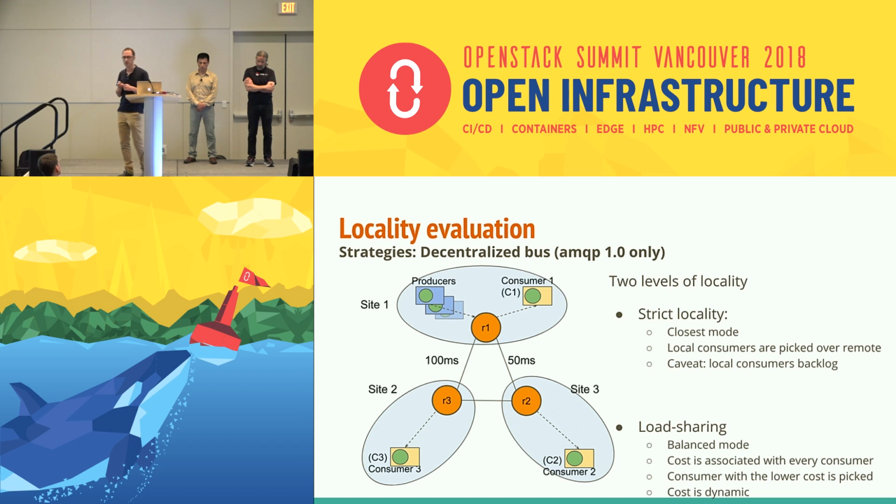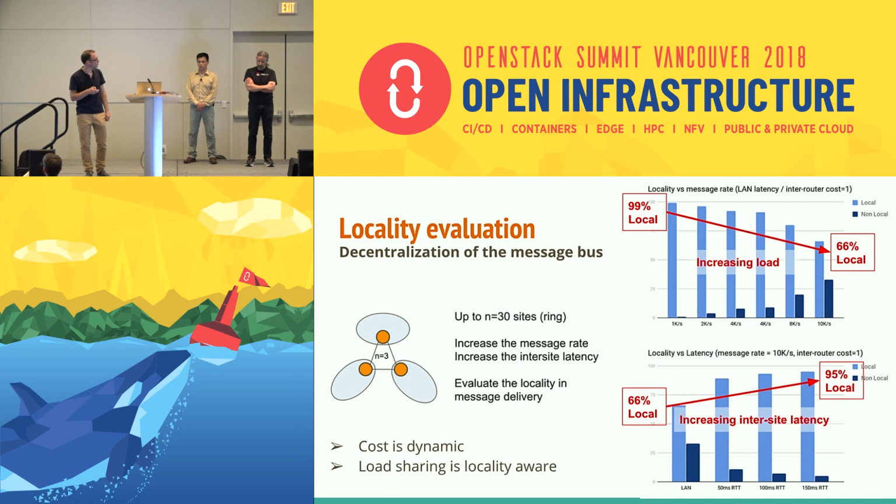The question now is, if we go for the load sharing mode, how is the locality of the messages? To answer this question, we have some graphs here from an experiment. Let's consider up to 30 sites here with some consumers and routers, and we try to evaluate the locality in the message delivery in this balanced mode. We evaluate the locality regarding two parameters: the message rate and the inter-site latencies. As you can see on the top graph,